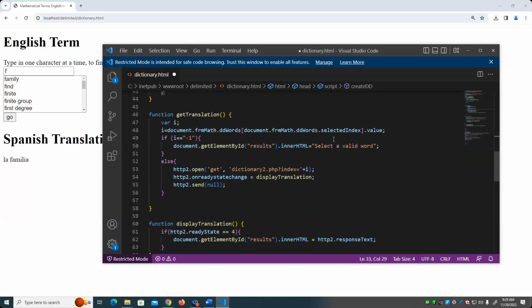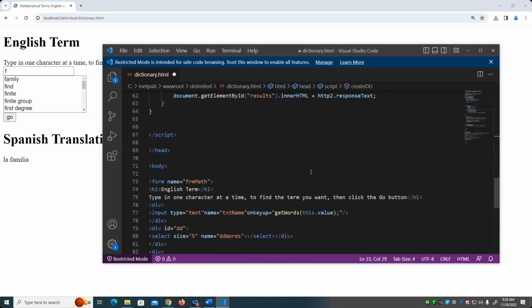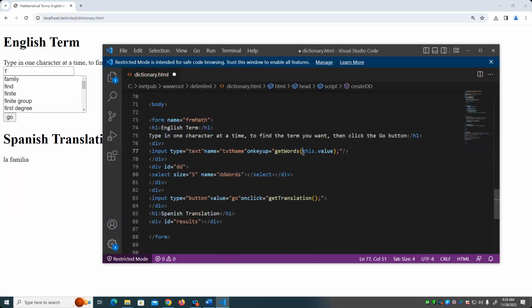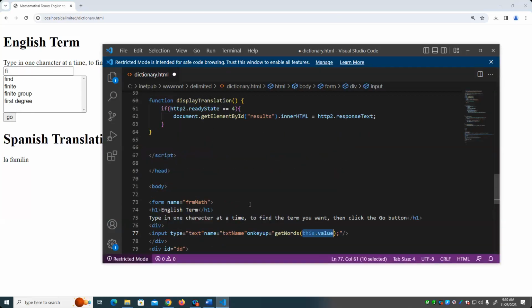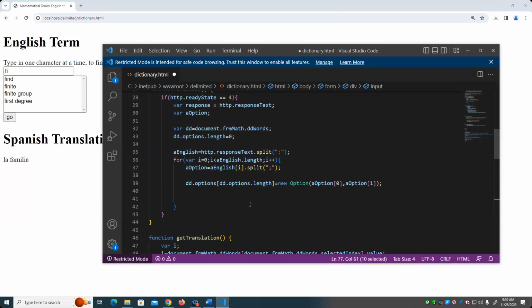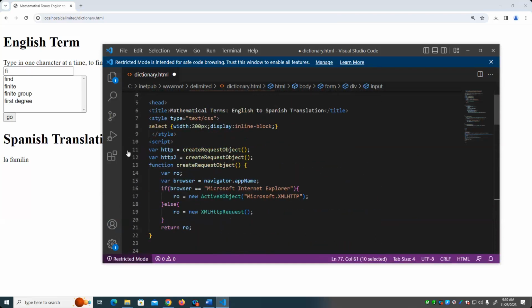When I press a key, that function gets called and it passes the value in the text box. So if I typed in an F, it passes an F. If I typed in FI, it passes FI. So the getWords